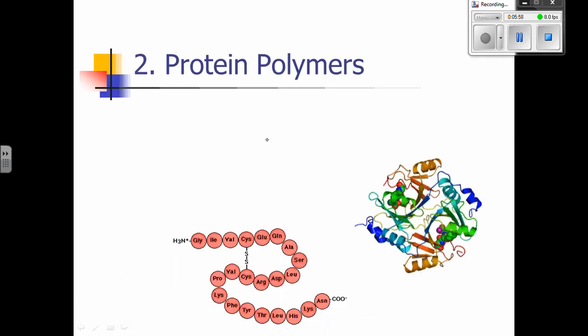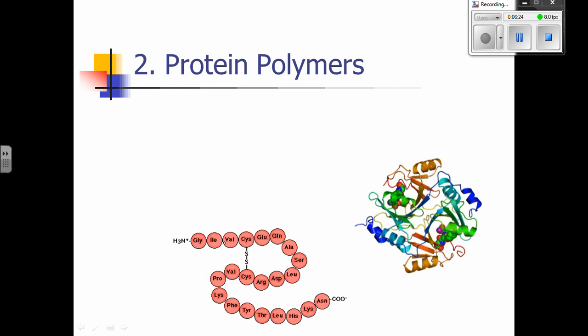So when we talk about protein polymers, like a carbohydrate polymer, they are long chains of amino acids. Polysaccharides are long chains of glucose molecules. They kind of look similar to this when we draw them simply. However, not unlike sugars, these are your amino acids, and if you look, you have the different amino acids: